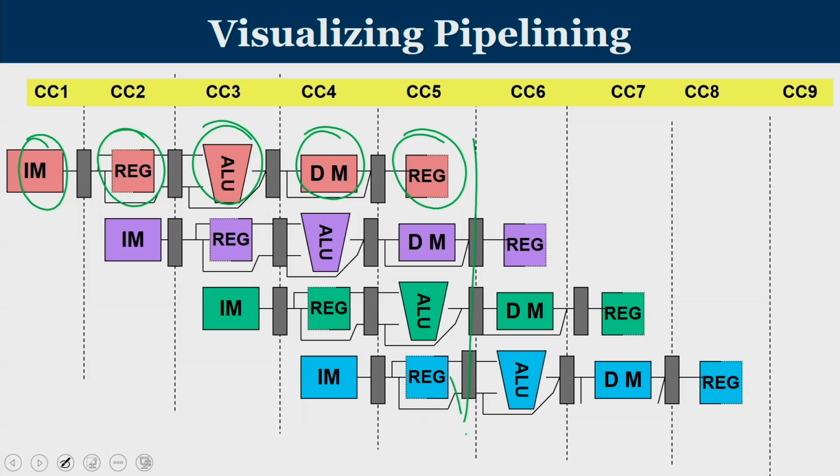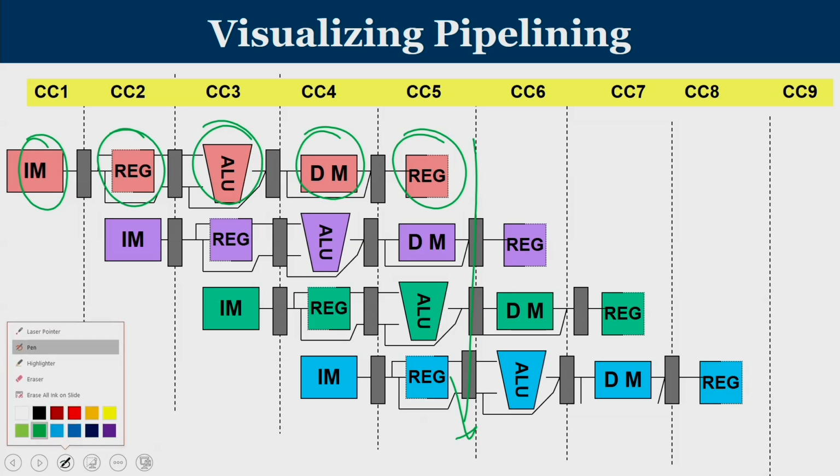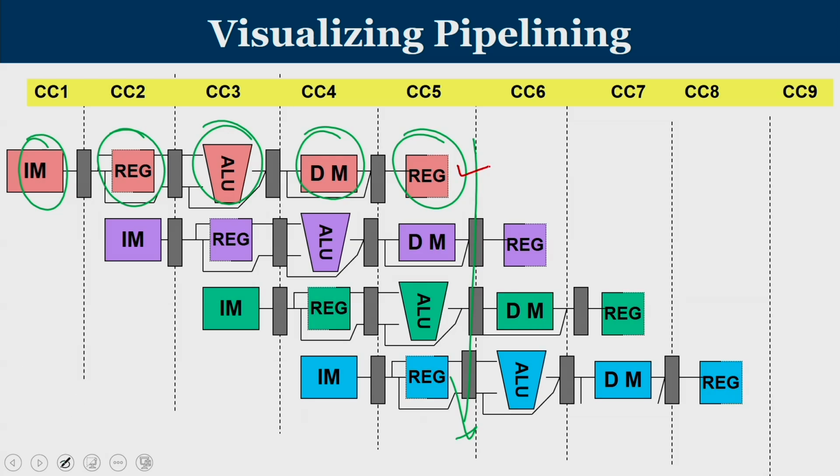So, if you look at the bottom, the register file is busy at clock cycle number 5. The register file is being used by the first instruction for a write operation. The data memory is used by the second instruction for a memory access. The ALU is used by the third instruction for an ALU operation or for an address calculation, and the register file is again used for a read stage in order for the register read of the 4th instruction, and so on. So, we have seen what are the 5 different stages associated with the instruction pipeline of a RISC microprocessor.